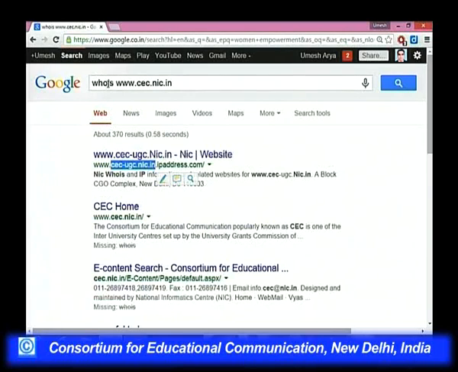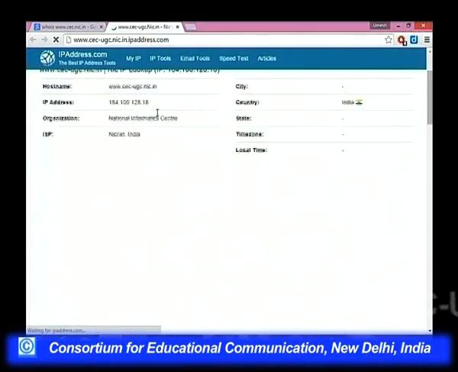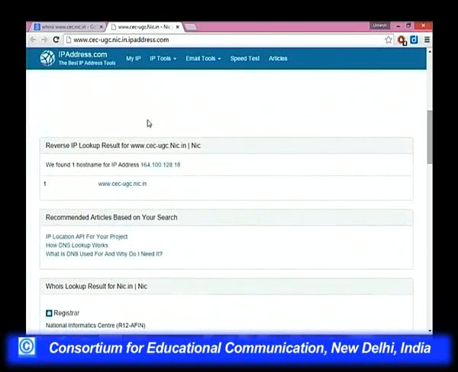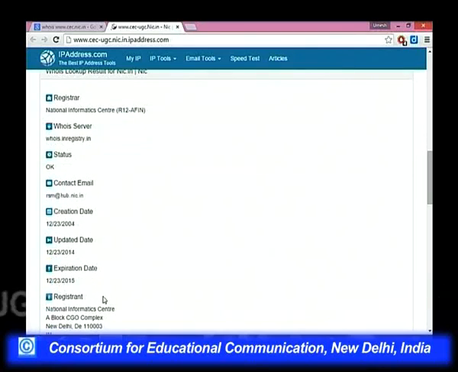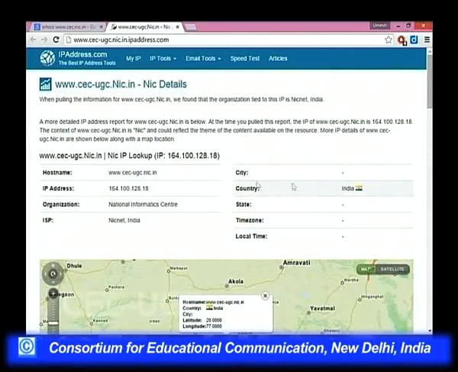So, there should not be any space between who and is. This command is used to verify the name of the websites. If you open this, then you see that this information gives you everything about the CEC website. What is the server, what is the contact address, creation date, update date, who owns this document, what is the country name, IP address, whatever, so many.